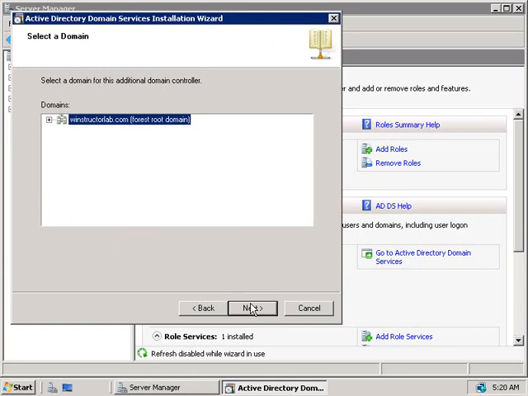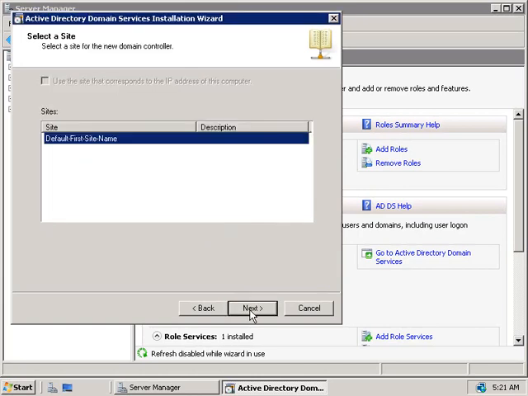Alright, now we'll need to select which domain this new domain controller is going to become part of. This time, since we've installed a child domain in an earlier video, you'll note here that we have the option to either install this domain controller into the root winstructorlab.com domain or into the child London domain. Whilst it really doesn't matter which one we choose, let's choose the top one here, winstructorlab.com, and we'll click